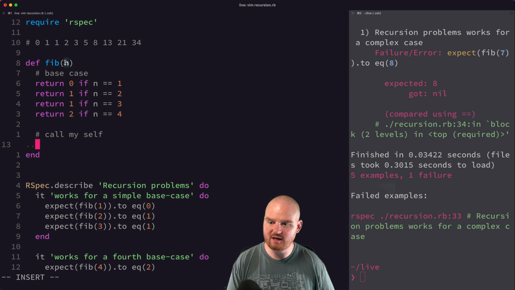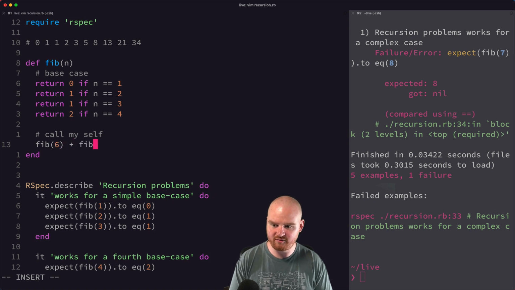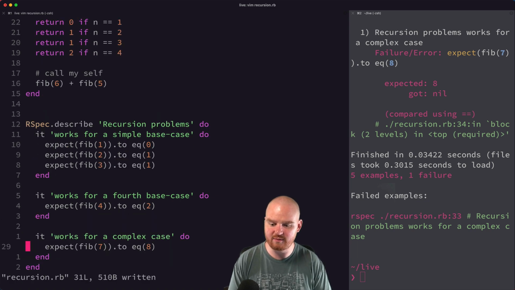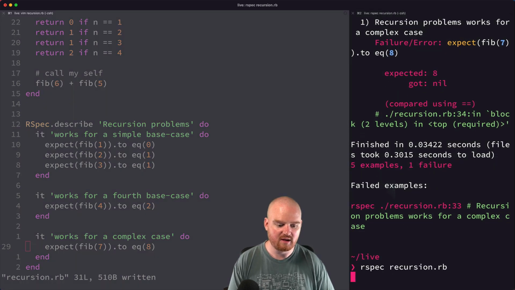So in order to get the Fibonacci of n, recall that in order to find the next Fibonacci number, we can add the previous 2. And so Fibonacci of 7, right? 1, 2, 3, 4, 5, 6, 7. Fibonacci of 7 is the same as the sum of Fibonacci of 6 plus the Fibonacci of 5. So if we say fib of 6 plus fib of 5, that should give us back our case down here for Fibonacci of 7, because it's the Fibonacci of the previous one and the one before the previous one. So if we run this again,